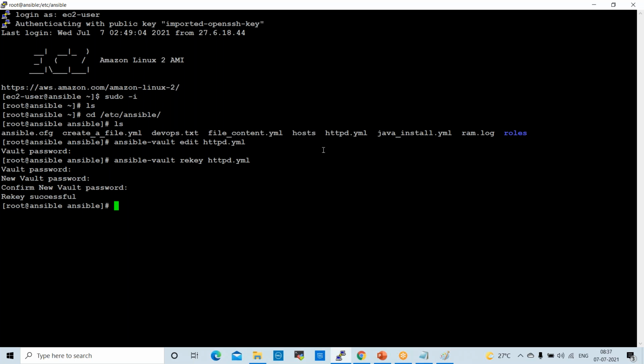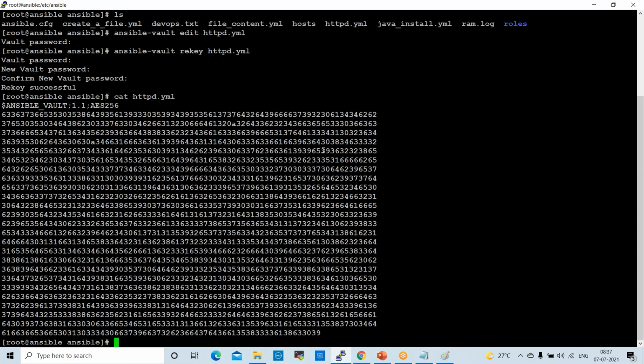Now, if you want to decrypt completely, for example, if you try to open httpd like this, it is showing encrypted format, right? Now, if you want to remove the password, if you want to decrypt, since it is in encrypted format, I want to decrypt this.